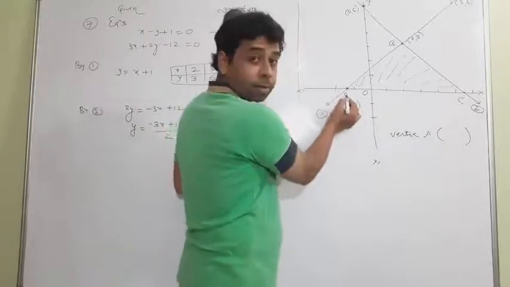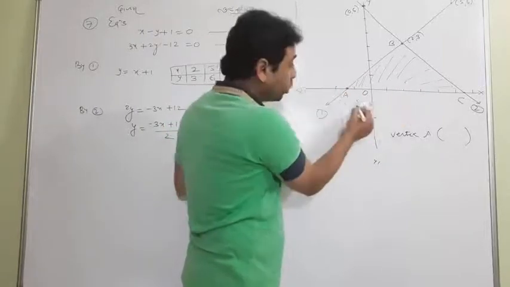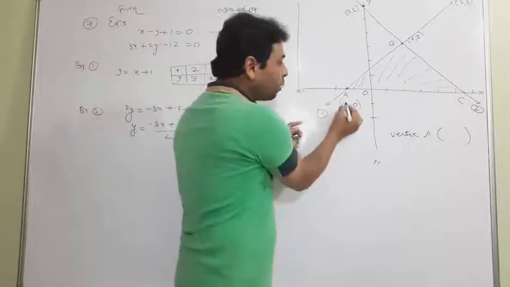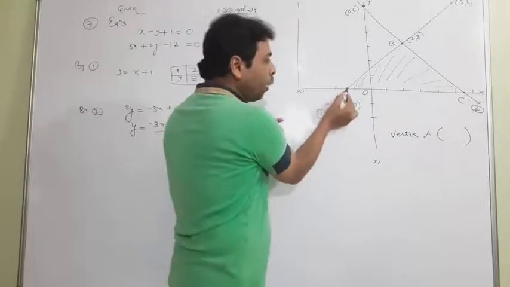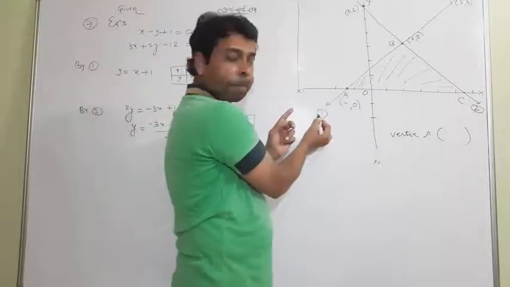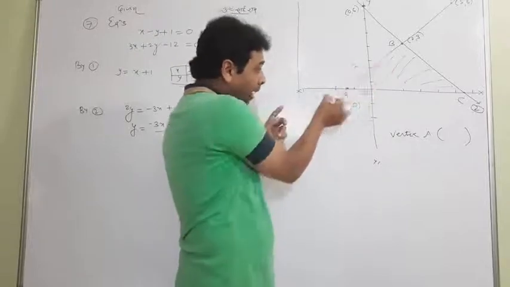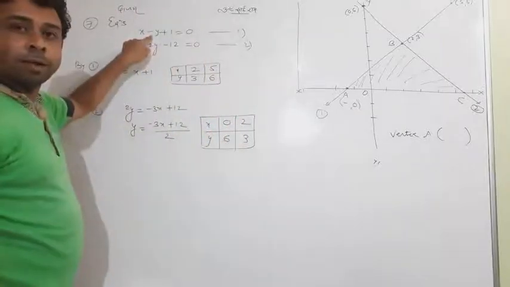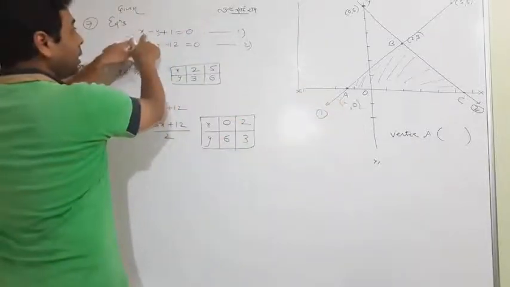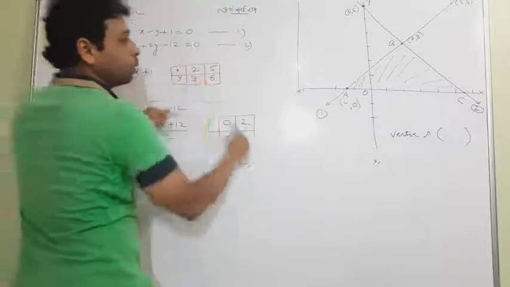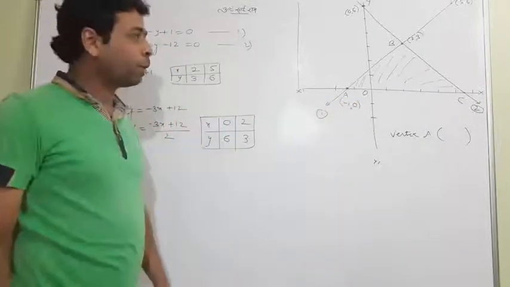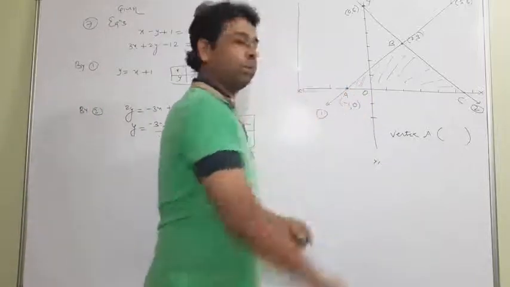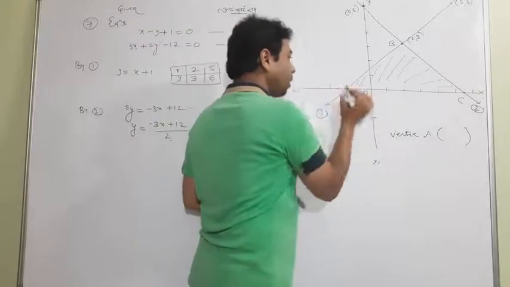Because point A is lying on the x-axis, it is sure that y is 0. Now what is the x of this point? This point is lying on line 1, for which y is equal to 0. Catch line 1, put y equal to 0 here: x plus 1 equals 0, so x will be minus 1. Wow, it is a very simple trick. The picture is a bit rough; the 1 is here actually.